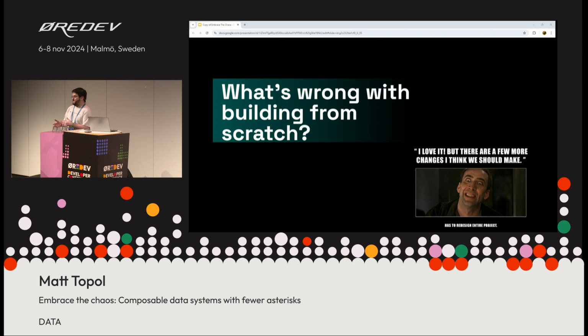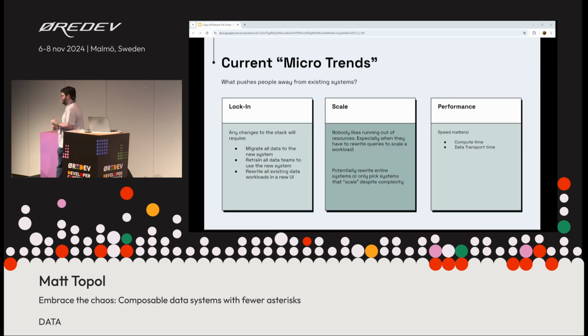Now, why do we want to avoid that? When you're grabbing a platform off the shelf or building it from scratch, there are a couple of things that everybody is concerned about, and you want to look at what's available out there. That leads to them building the whole thing from scratch. They want to avoid vendor lock-in, because eventually, if you want to move on, you're going to have to migrate all that data to an entirely new system. You can't just incrementally do things. And so out of fear of that, they say, let's just build the whole thing from scratch.